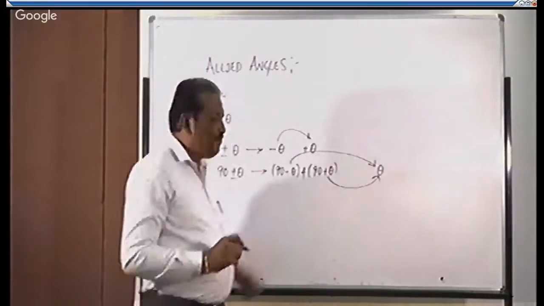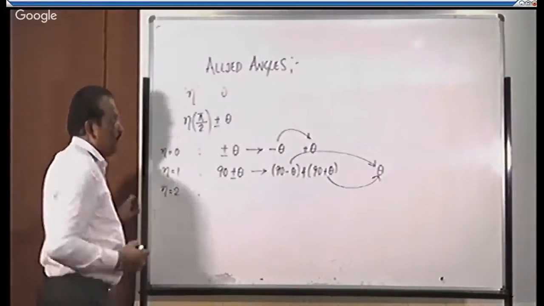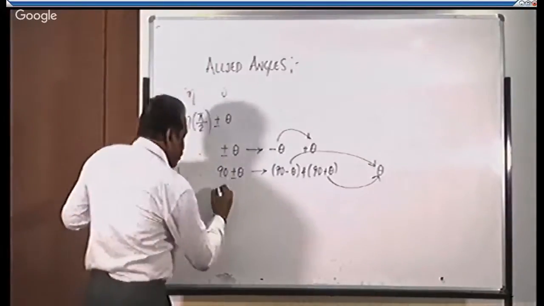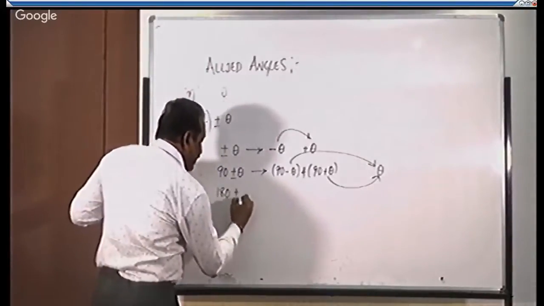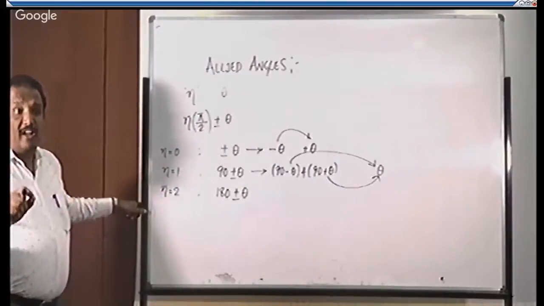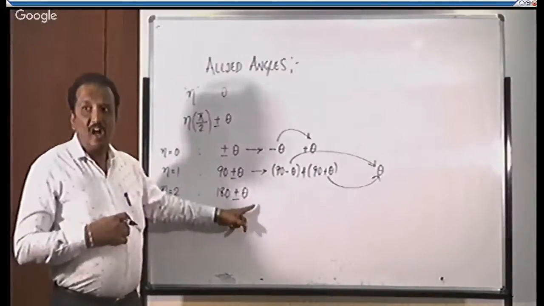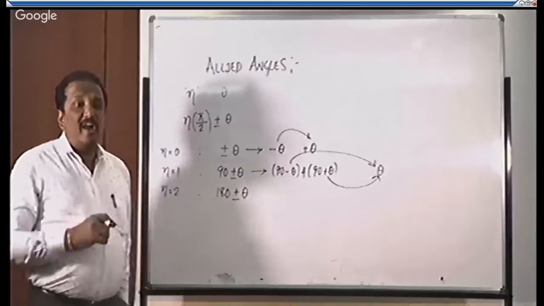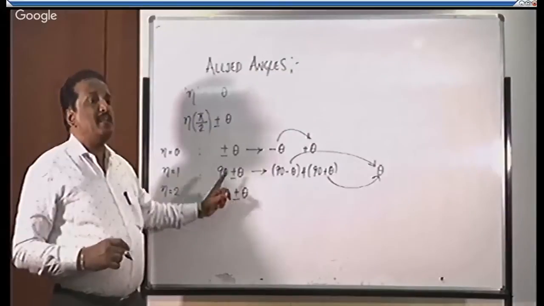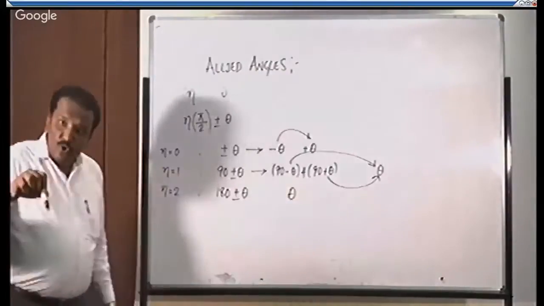That is the summary. Analogous to this, if you take n is equal to 2, the 2 gets cancelled. Pi means 180 degree. So it is 180 plus or minus theta. Now we are interested to connect all the trigonometric functions for the angles in the range 180 minus theta and 180 plus theta, and to know how these angles are related, or allied, to theta.